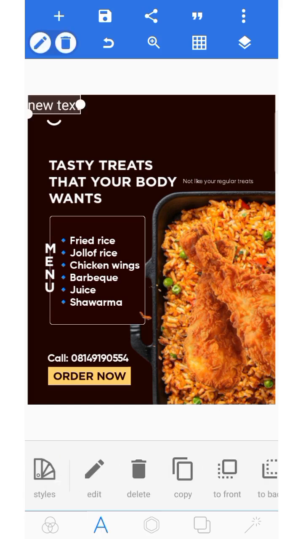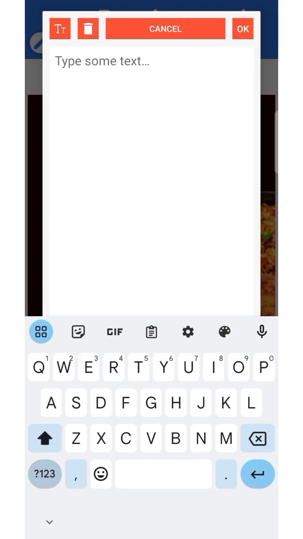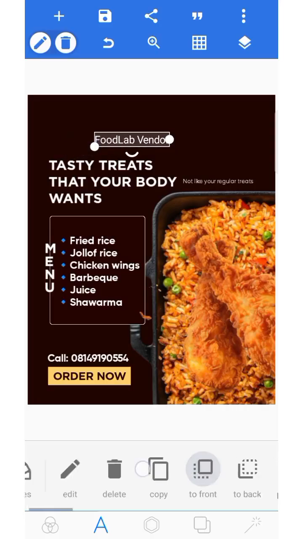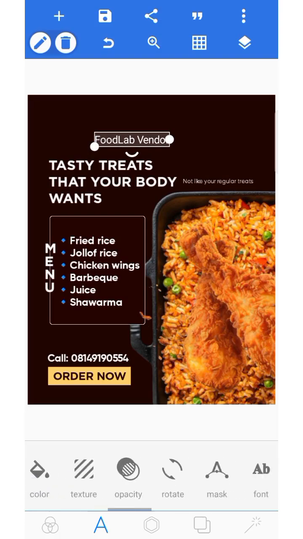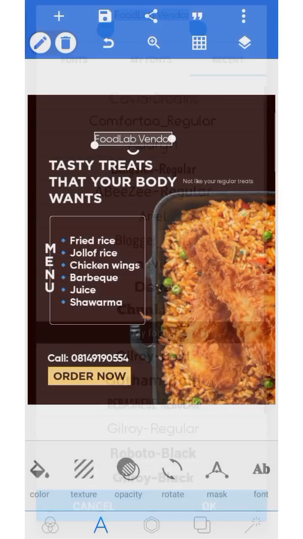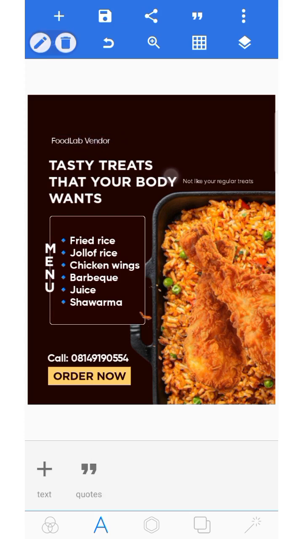So after that, you add your text. You can just come here, write the name of your food brand or whatever name it is. So here I'm just going to write food lab vendor, whatever. Let me just put that there. I'm also going to change the font. I'll change it to Gilroy regular. I'll just place it somewhere here, resize it to be a little bit, keep it around here,